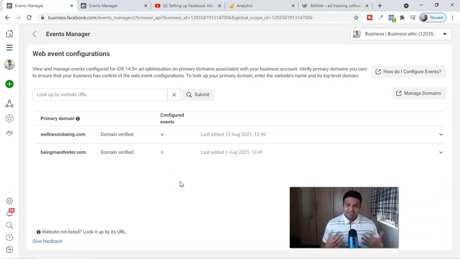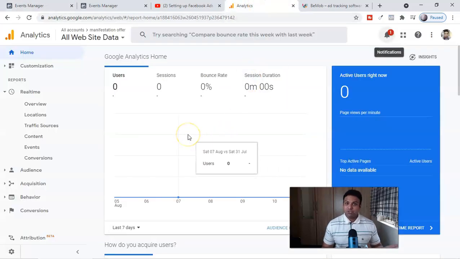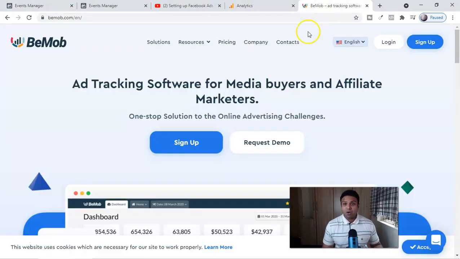So now, is this the answer to bypassing iOS 14 for any marketer? The answer is no, guys, but this is what Facebook asks us to do right now. So this is the reason you have to do this right away. To do deep tracking, guys, you must use third-party tools like analytics. It is good to use Google Analytics or Bmob, kind of a third-party tool. It is completely free. Very soon you're going to see videos on Bmob or ClickMagic. I'm going to show you how to track with Facebook ad, Google ad, and all those things.